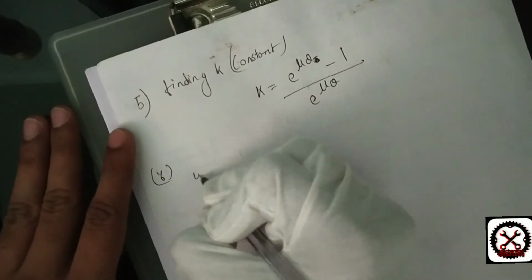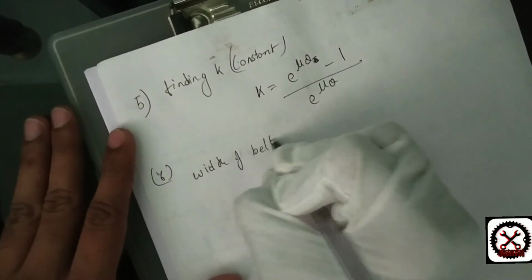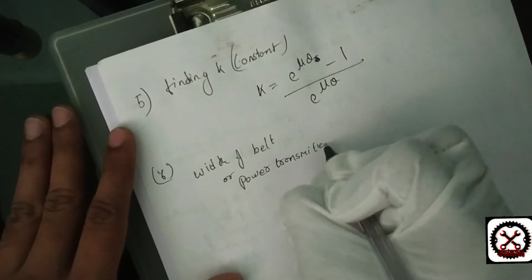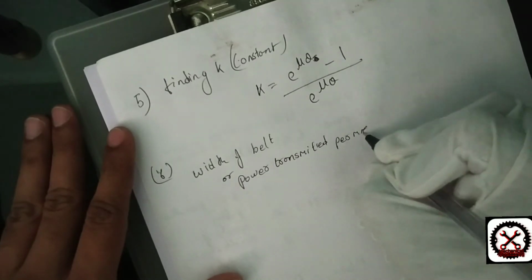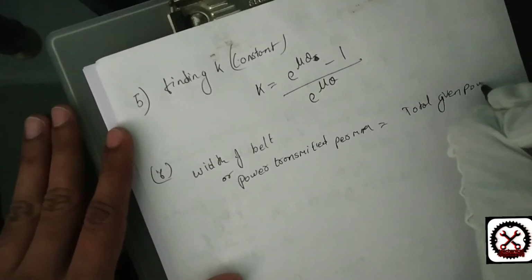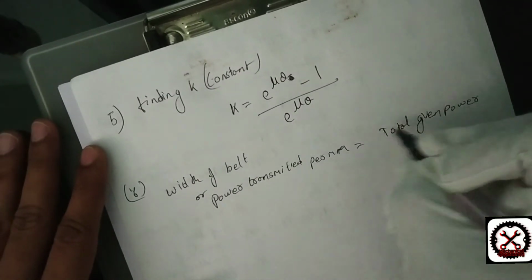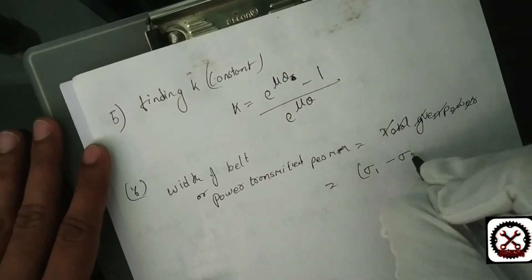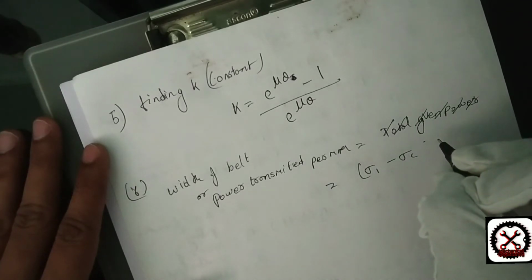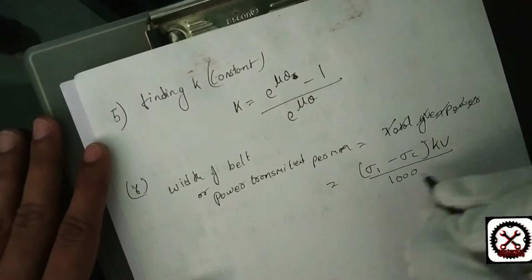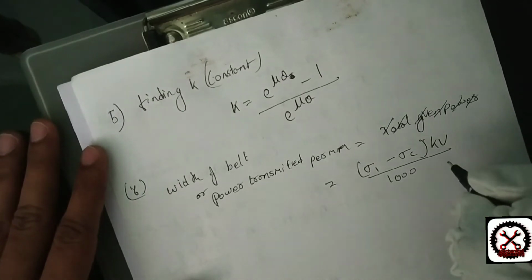Next, the sixth one, width of the belt or power transmitted. Power transmitted per mm is equal to total given power is equal to sigma 1 minus sigma c of kV divided by 1000, where sigma c is the centrifugal stress